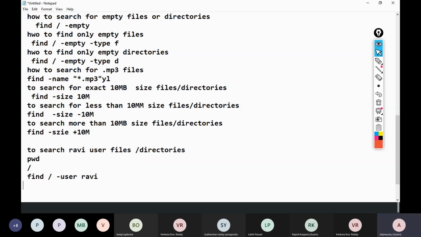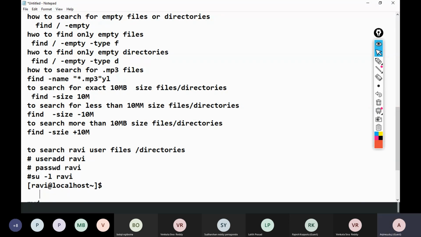I think we have an idea how to create the user and assign a password. I will write it here so you don't get confused. useradd, username Ravi, then assign the password with passwd Ravi. Then I'm logging in with su -l Ravi. Then I get Ravi at localhost, then a tilde symbol, then a dollar symbol.